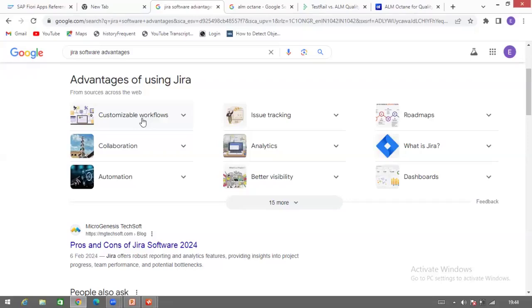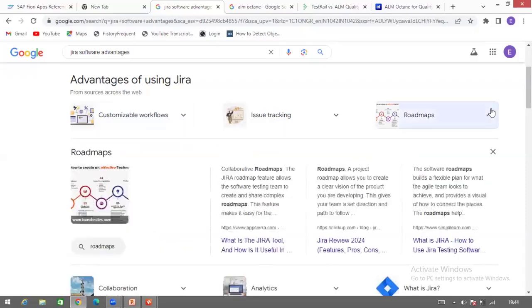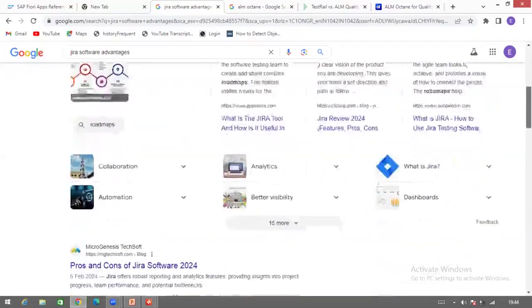If they are requesting a change, then that should be raised. When they're raising a change request, then that should be approved and that should be paid. So they can get this customized workflow. What all issues we are mentioning, or even what all issues we are highlighting, that will be tracked. You can create a roadmap: what are the activities that are going to happen in each step?